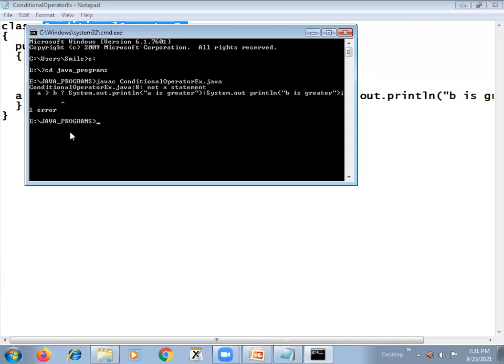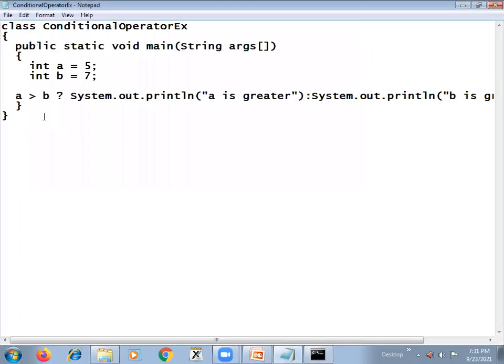Yeah, there is one error. So, not a statement, it says a greater than b question mark System.out.println a is greater, System.out.println b is greater. One error we are getting here.